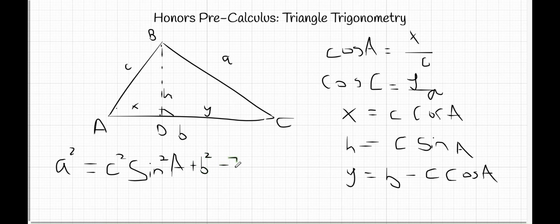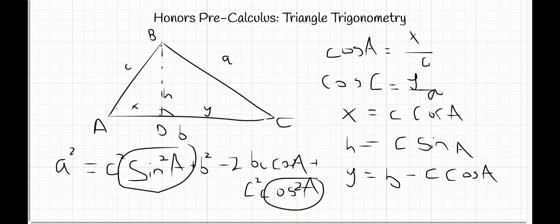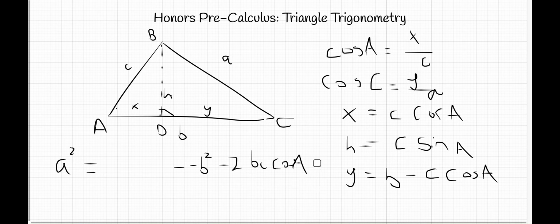minus 2bc times the cosine of a, using the square of a binomial. And then we have to add c squared times the cosine squared of a. Now we see here that there's a c squared cosine squared a and a c squared sine squared a. And we know that sine squared a plus cosine squared a is always equal to 1. So simplifying them into one expression, we get c squared times 1, which is just c squared. So it'll become c squared plus b squared minus 2bc cosine a, which is just one form of the law